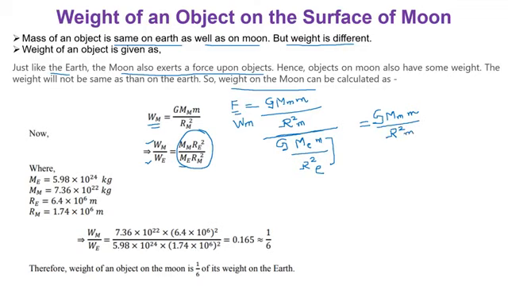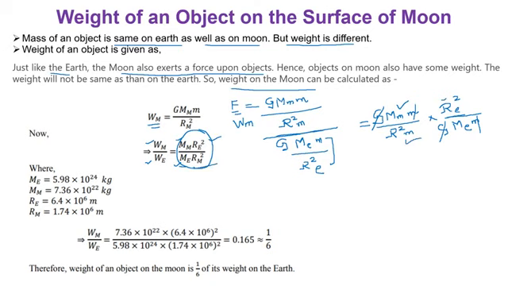Now this will go up. Okay, so R square E will go up. You are dividing fraction with fraction, right? And the whole G M E, mass of the Earth and mass of an object, will become like this. So the mass of an object will cancel out, and G and G will cancel out. What we are getting is the mass of the Moon here and the mass of the Earth here, and the square of the radius of the Earth here, and the square of the radius of the Moon here, right?